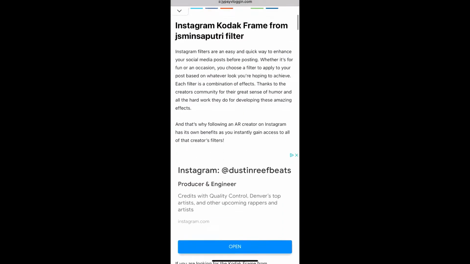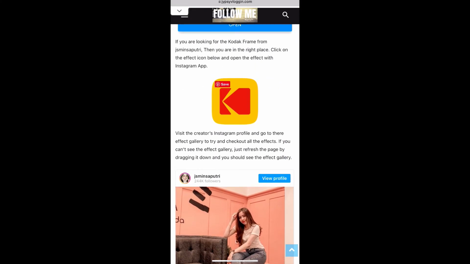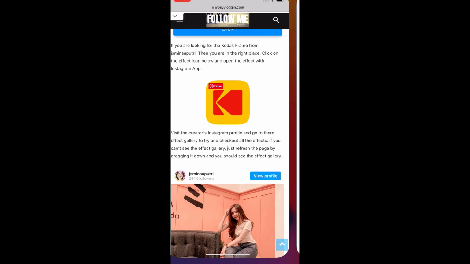visit this website. Link to this website I'll give you in the description box below. So here in this website you will see the filter icon. Just tap there and open it with Instagram. Okay, and likewise also you can get this effect on Instagram. You can tap on the screen to